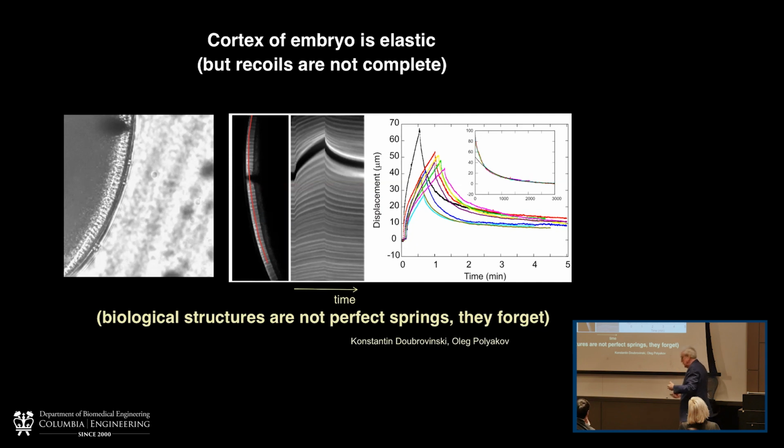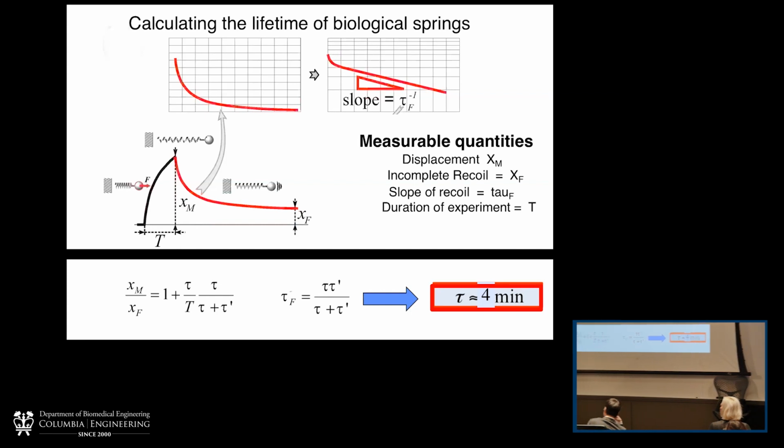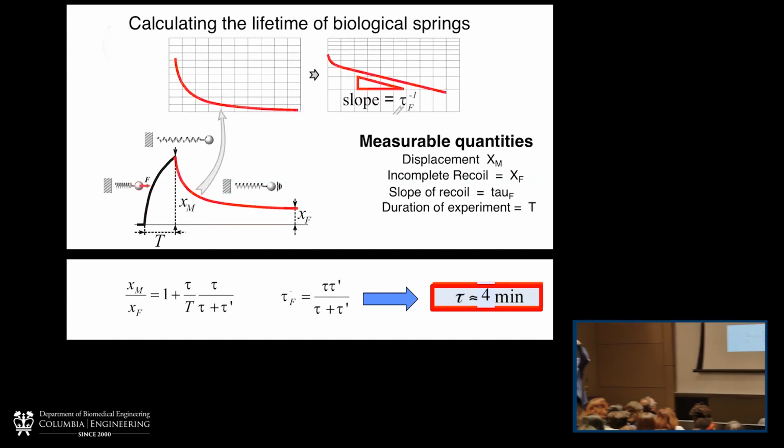So we can use this data to calculate spring lifetimes of these springs. And in one set of experiments, if you just treat the data like this, what you find is that you have lifetimes of 4 minutes. 4 minutes is longer than you would have expected from the known cytoskeletal elements. So there is elasticity, but it wasn't really quite long enough to do what we wanted it to do during gastrulation. And we're not really measuring in gastrulation, we're just measuring the cortical tension here.